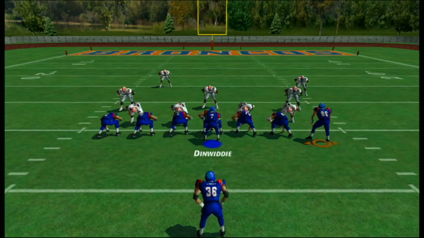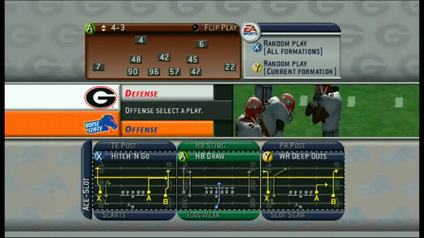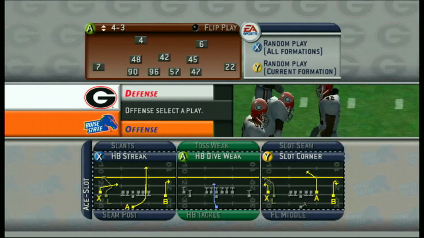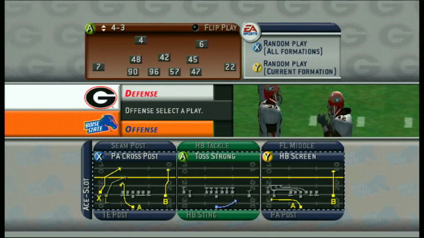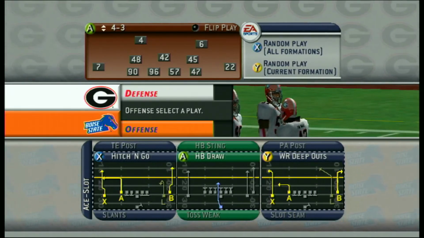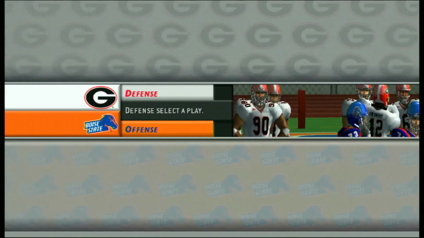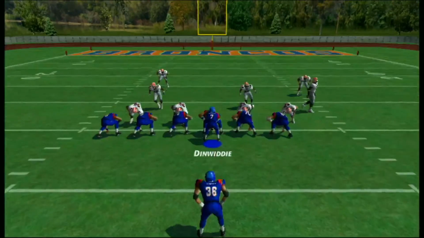Wow, he's not going in motion? Wow, okay, he won't go in motion. Do we have another play like this? Okay, and then do we have a slot play here that I can just physically show you? I bet we don't. It's frustrating. Whatever, don't care. Wide receiver deep outs. Let's call that. Let's again go back to base. Send them on a route.